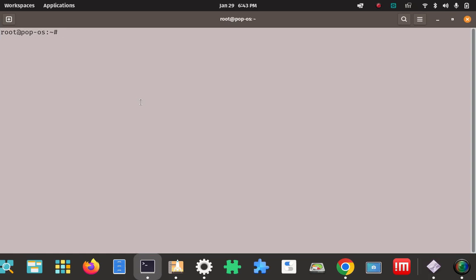So we don't got to do sudo. Normally we would do sudo, but we're in the root, so we don't have to do sudo here. I'm going to use the apt install command, and the name of the package is OpenVPN3. Now, I didn't say at the beginning what version I was going to be installing because I've done some research on the new version,